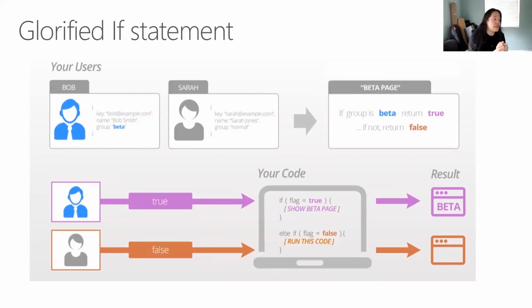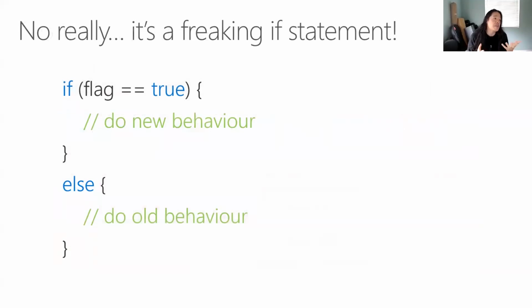Very, very powerful to have this, because now you have made the deployment of your features independent of your physical deployment itself. So in one physical deployment, you can ship multiple features and turn them on or off whenever you want to. And I know I called this a glorified if statement, but that's kind of silly, because I really should just call it an if statement, because it's a freaking if statement, right? It's nothing more special than an if statement.